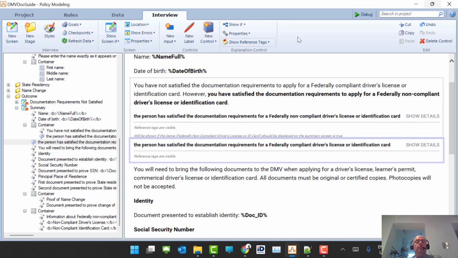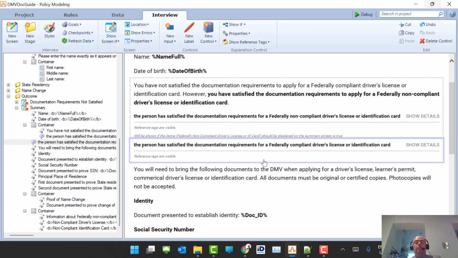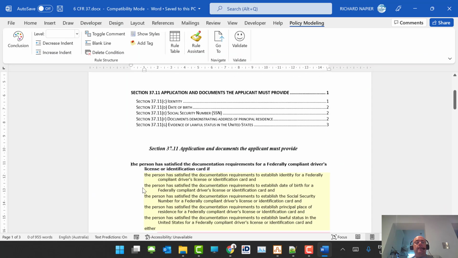So we need to talk about reference tags because they can be very useful in the debug phase, but also as a demonstration of how you can connect what you're doing in Oracle Policy Modeling to existing source material. This rule is right-click, and I can find the rule. So I'm going to open it in Microsoft Word, and I'm going to add a reference tag. To add a reference tag, I just put my cursor at the start of the line and click the Add Tag button. A reference tag is really entirely up to me or you,